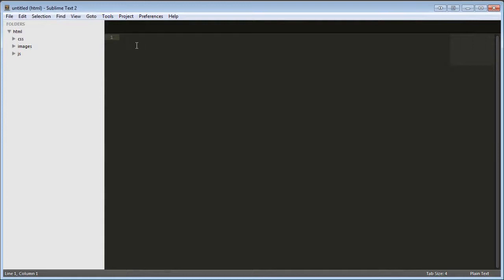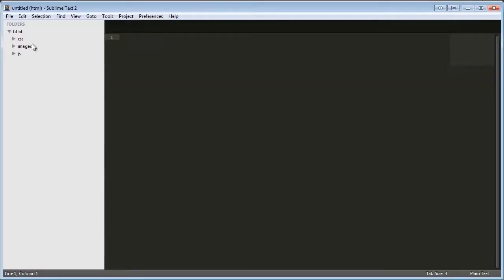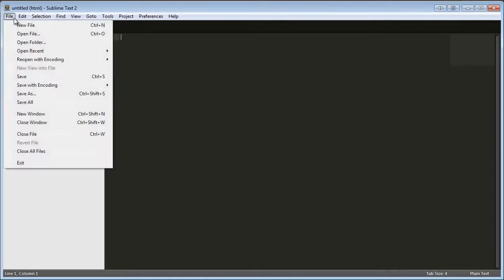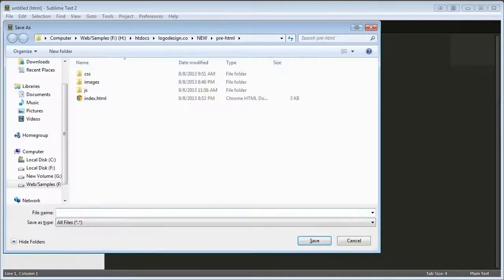So again, I've opened up the folder HTML, and you can see if we open this up, you'll see that we have the files in here. I had to pause it real quick and add those because I didn't for the video. And so also we have our two image files. So now we need to create an actual HTML file here. So I'm going to go to New File, and we'll just save this as index.html,